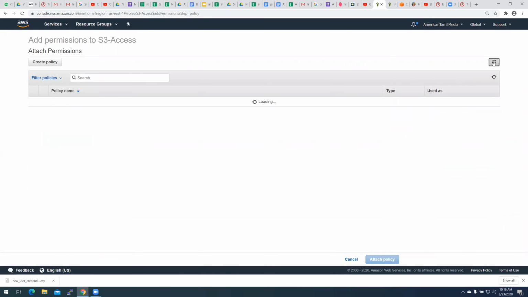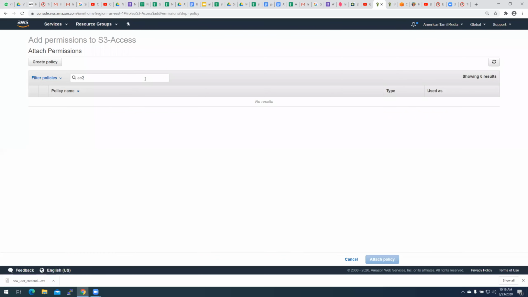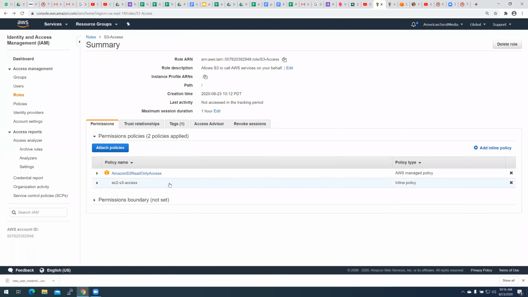Let me see if it is already there. Sometimes it takes a while to refresh. Oh, it is already assigned, that's why it's not showing. Okay, so for the same S3 access role, I have already granted the AWS managed policy, and also attached the inline policy that we just created.